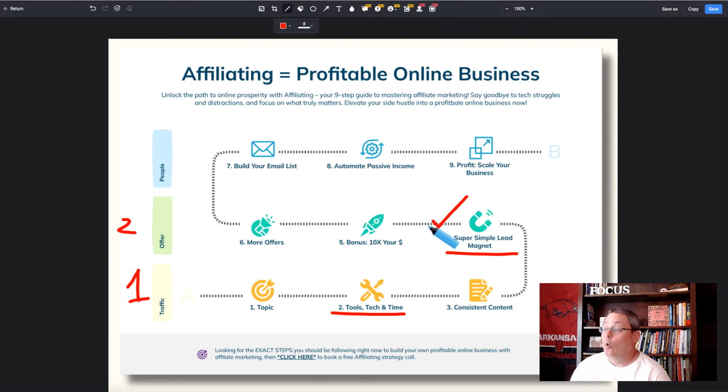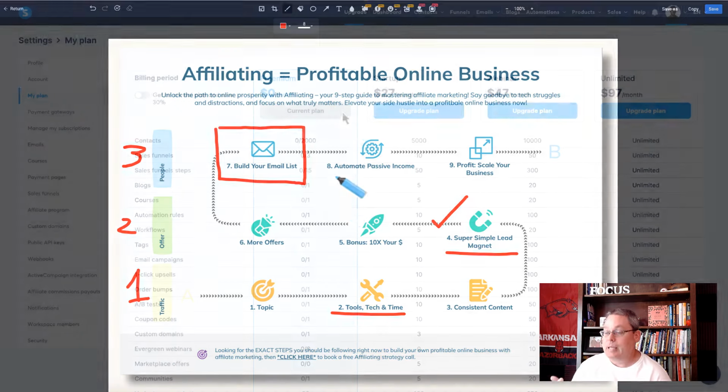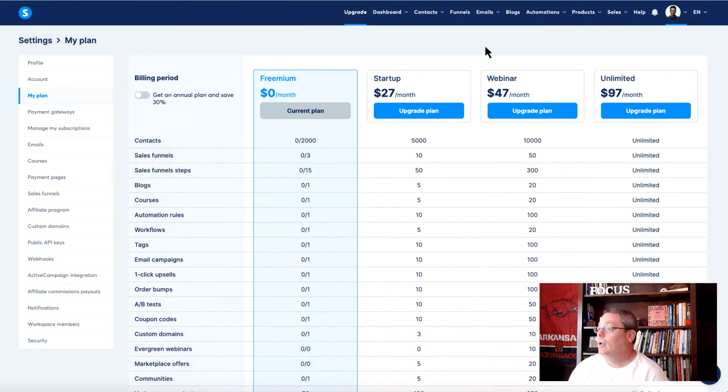And then again, we could just build that out here in step 4. And typically that's what I do, but we're going to fast forward and move to people. And we're going to see about adding people or building out our email list by seeing how simple Systeme might be. So back inside of Systeme,